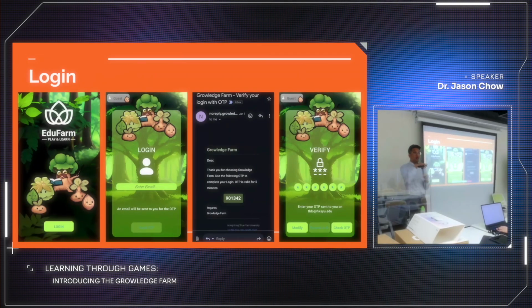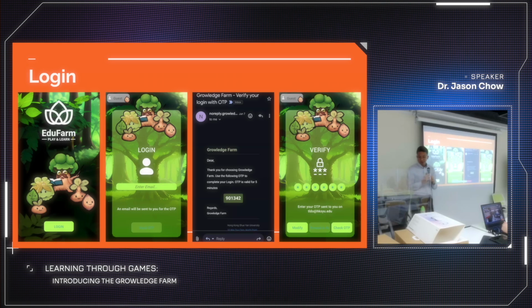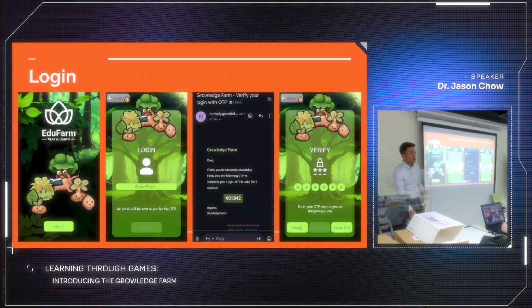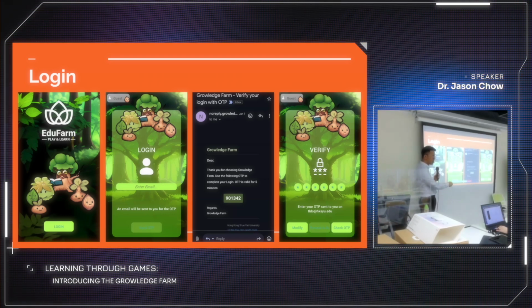So all of you have this app on your mobile phone, right? It is very easy and user friendly. Once you open the app, you can see login. Then you can click login and enter your email. Then you should be able to get the one-time password. Am I correct, Mohsin? And then they don't need a one-time password for this.